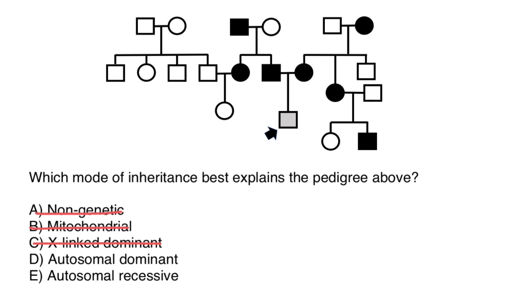Because in autosomal recessive, we see that the genetic disorder may skip generations and then reappear. So we can see it, for example, in generation 1, we do not see it in generation 2, and then it can reappear in generation 3. Here we see that only those people who are affected have affected children, and those who are not affected don't have affected children unless they make a couple with an affected person. So the best explanation is that this is an autosomal dominant genetic disorder,